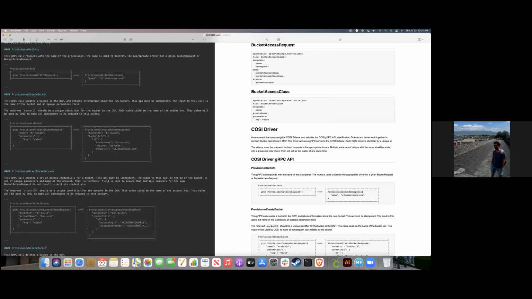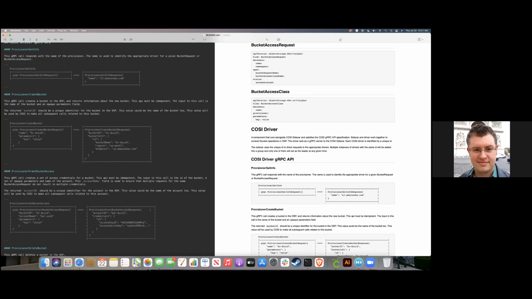Maybe I'm missing something, but if I delete a bucket and Cozy needs to pass this operation to the driver, how does the driver recognize which bucket to delete? Cozy accesses everything by bucket ID, right? Yeah, when you create the bucket, you return an ID, and from thenceforth you can only refer to the bucket by its ID, which is a string generated by the driver and persisted inside the bucket object. Furthermore, we would inhibit bucket deletion until all the accesses were gone. So if you tried to delete a bucket that still had an access, we would wait for the access to go away.